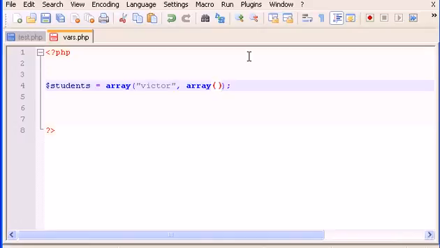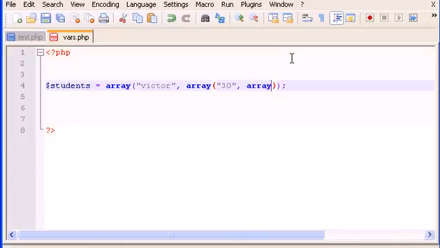Arrays inside other arrays. Okay, and for each array we build inside another one, it's like building a new dimension. So now I'm building a 2-dimension array. Okay, so I have a second array, and I'm going to put some values in it. Let's say Victor, let's put my age, 30. Okay, and 30, and now we're gonna make